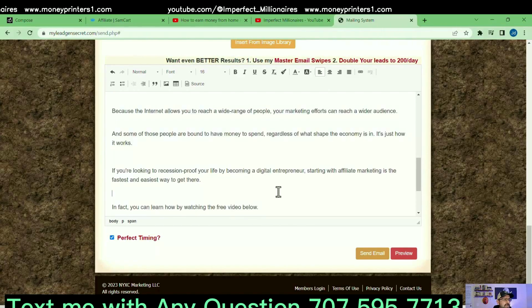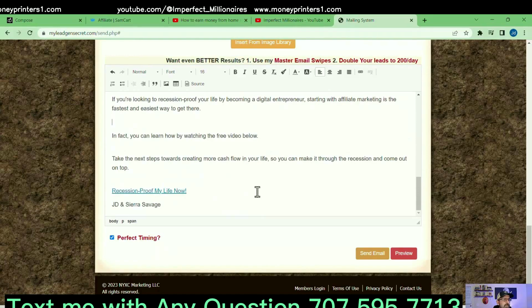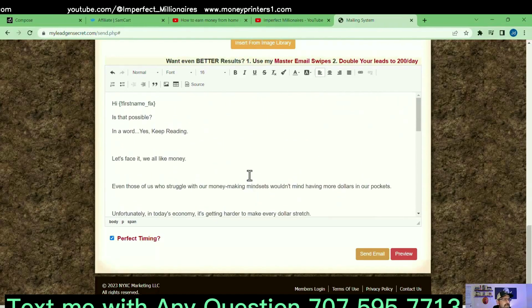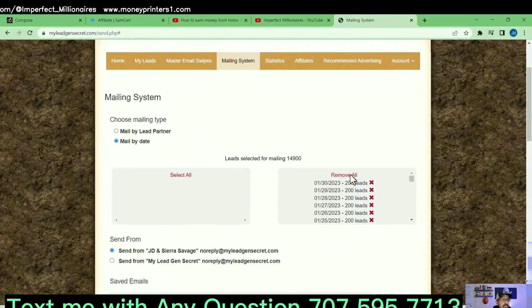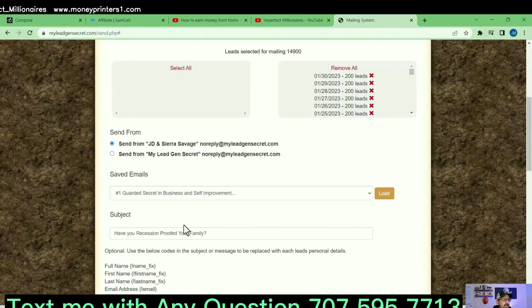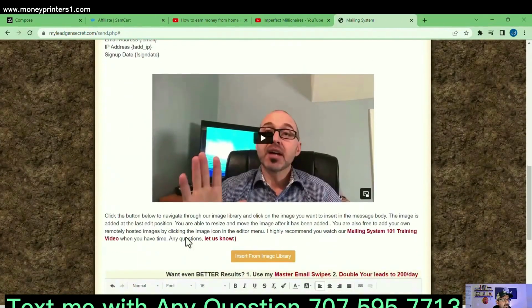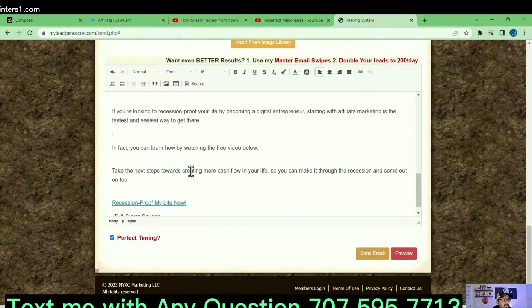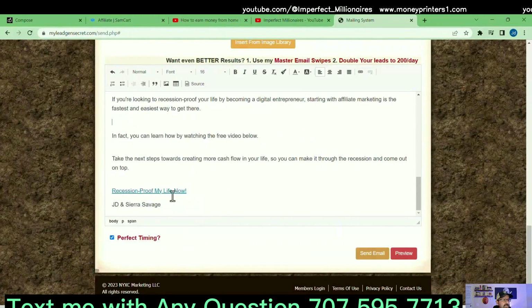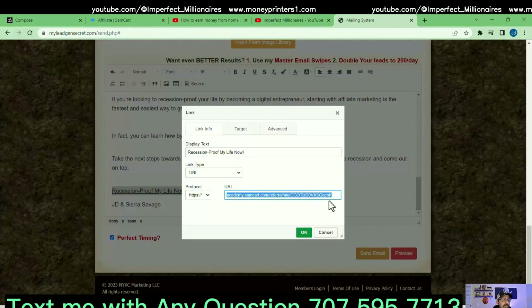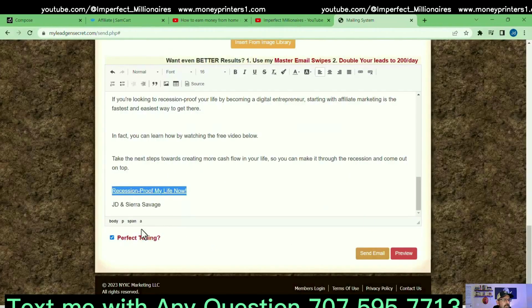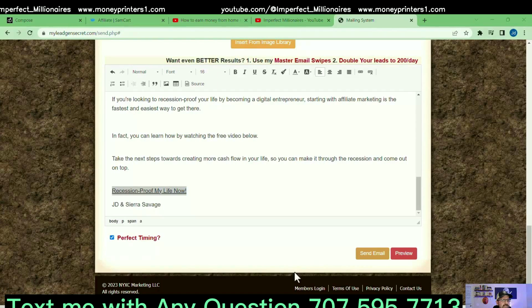Okay, so then roll down here. The most important thing to do before you send out the email is go through everything, make sure that everything is appropriate. That you've selected all of your leads, that you have a subject in here, your body's in there, scroll down, make sure your link's there. We did that, I showed you. If you ever want to double check it, you just highlight it, and again, click on your link. That is your link. You can verify that via your SAM cart. Okay, make sure you've got perfect timing checked. And now I put this box in my way again. You guys can't see it, but it's there.